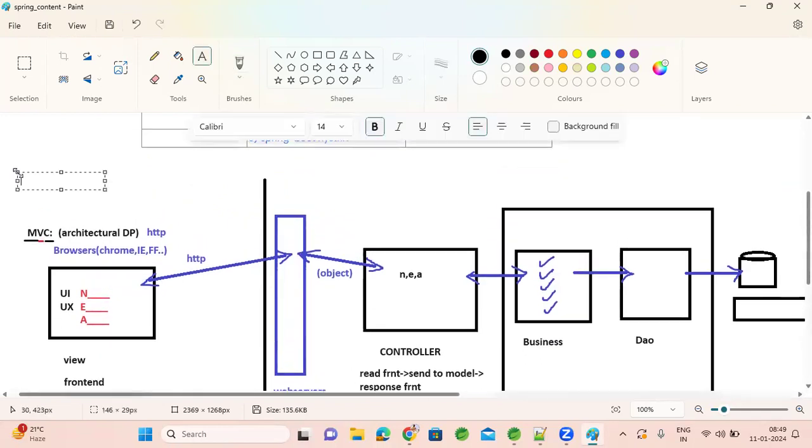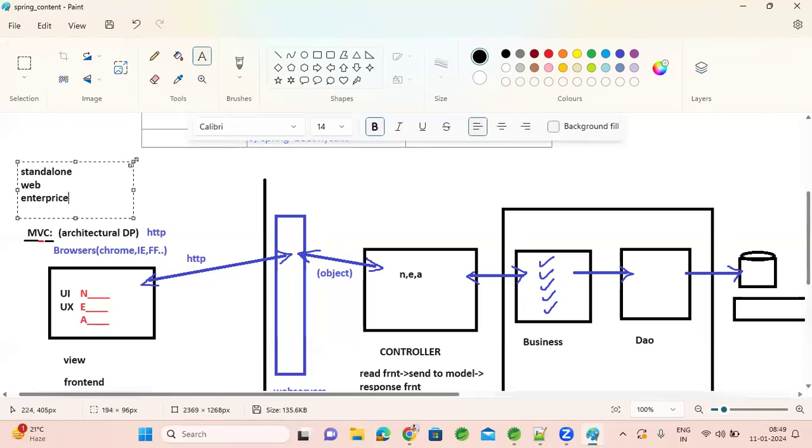Basically, when we implement or plan an application, it can be a simple standalone application, or any web application, or any big-scale web application with enterprise modules, or a business application.